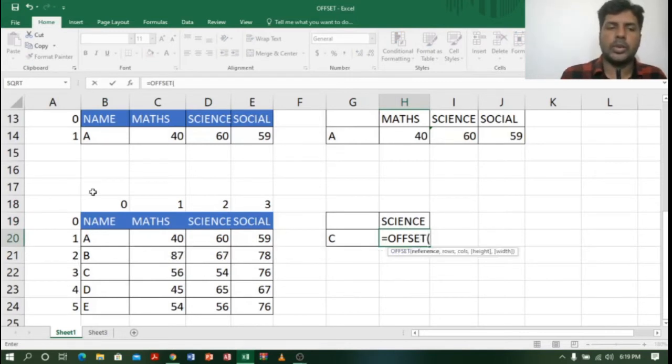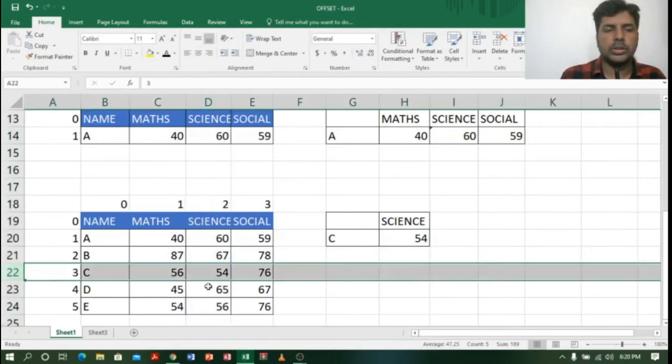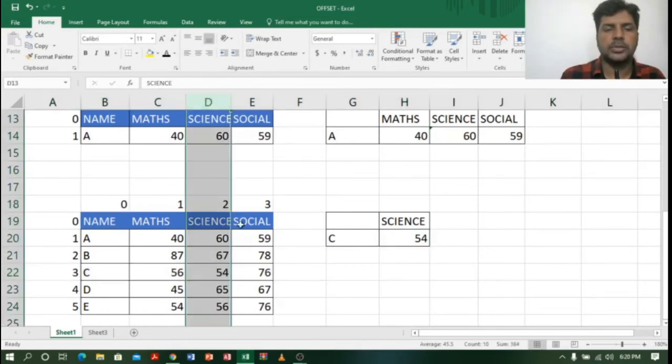Again you can choose anywhere. So I will select the topmost corner, which is name, comma. So first it's a row, right? So row 3, comma, column 2. So column 2, close bracket, enter. Nice. Now you can see I got 54. See, C's science marks, 54. Nice, right?